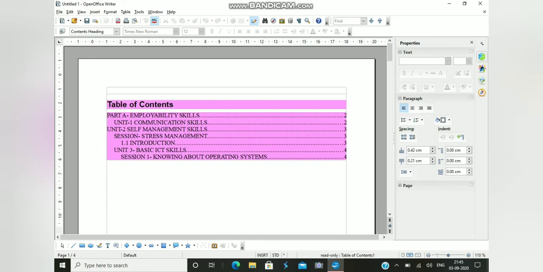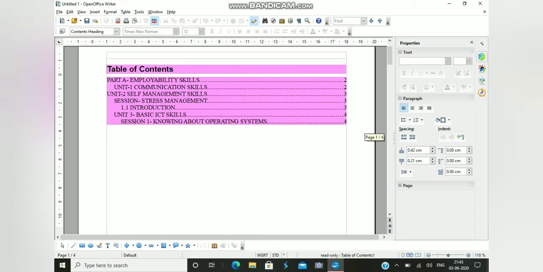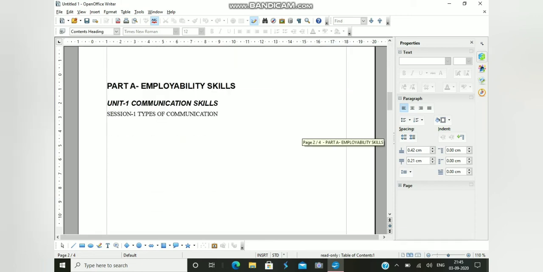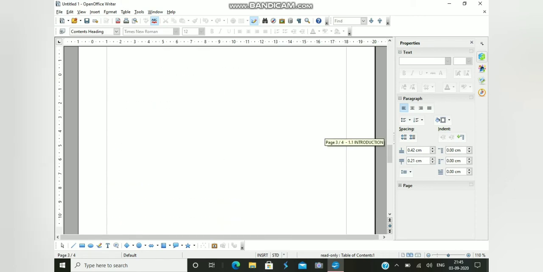Alright, now our next topic: say for example I want to add some more information. Say I want to add unit 4 to my table of contents. What I will do is type here. I will go to page number 5, the next page, where I am going to enter unit 4.